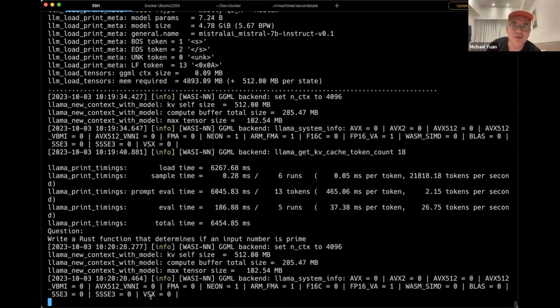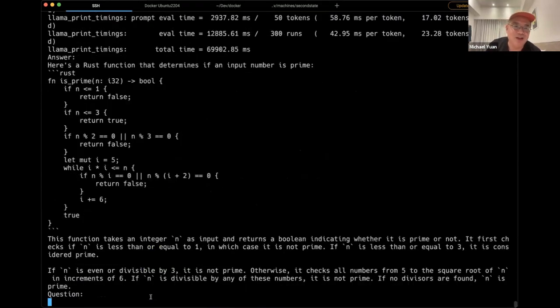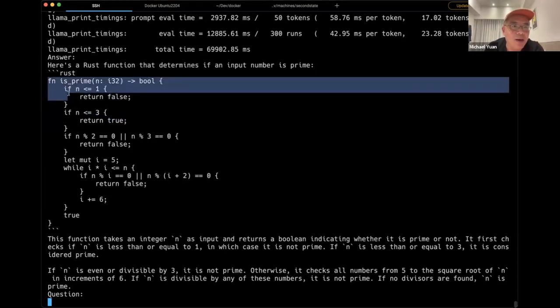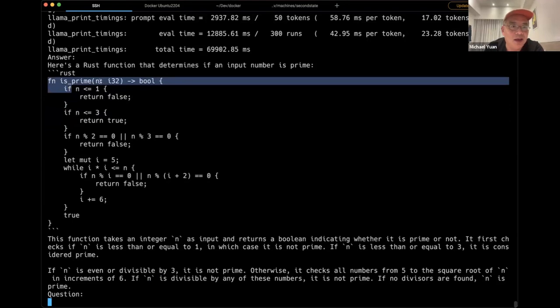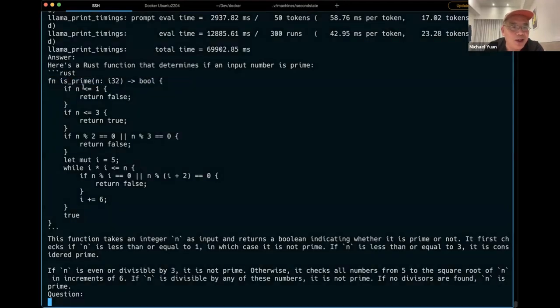You want to write a function, but you don't really want to think about how it's done. So you ask the computer to do that, right? You ask the large language model to do that. So here's the function it gives us. The function is called isPrime and takes a parameter that is an integer number. What's really, really interesting is that